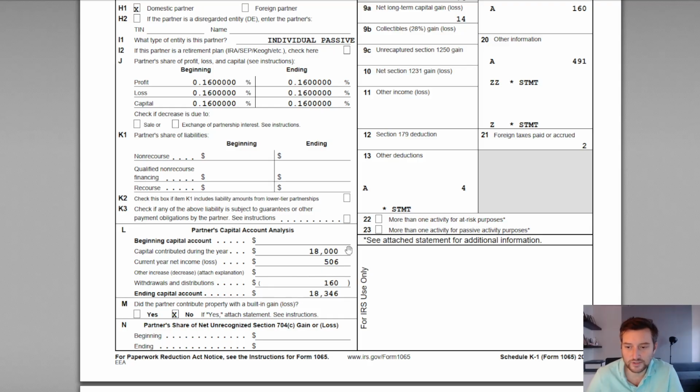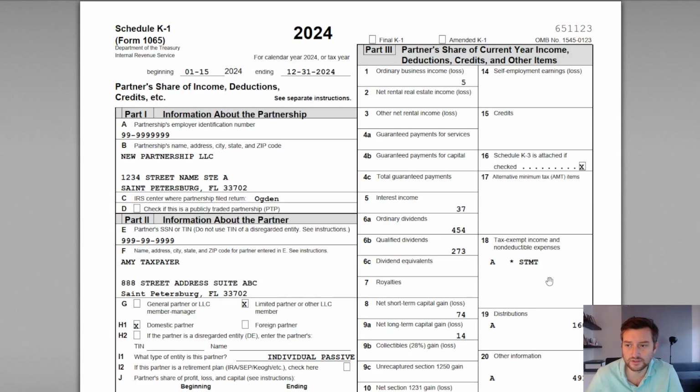So we can see here that she contributed $18,000 to the fund, so that's the money she put in to become an investor. And her allocation of all of these income and expense items, so the net income or loss allocated to her during the year is $506. And she received a distribution of $160 for the 2024 year, which leaves her with an ending tax basis capital account of $18,346. Now, if we start diving into some of these line items, so line 1, ordinary business income